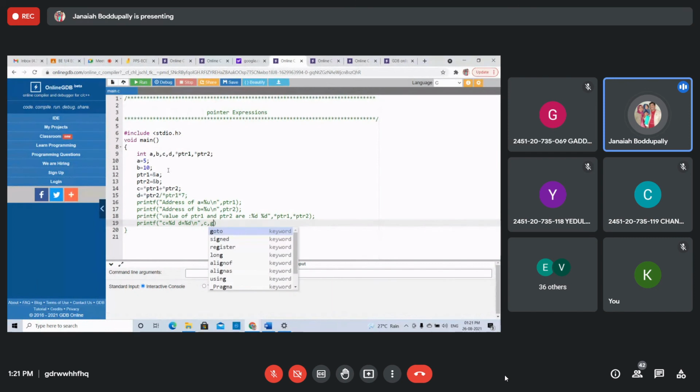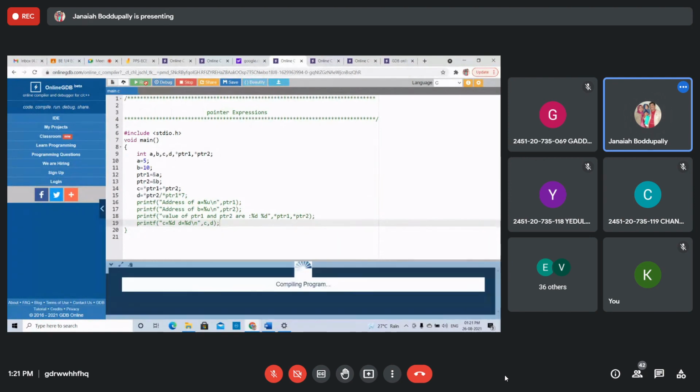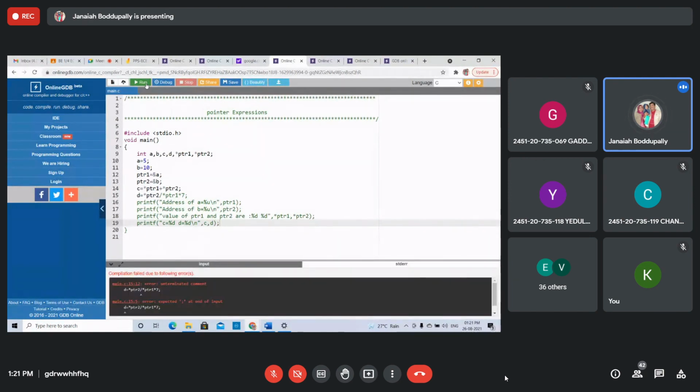These values, we are calculating the values C, D. Right, see this, how do we get the values? Star PTR2 by star PTR1.